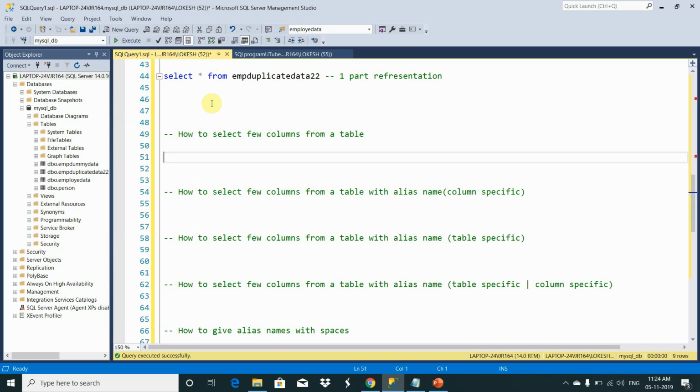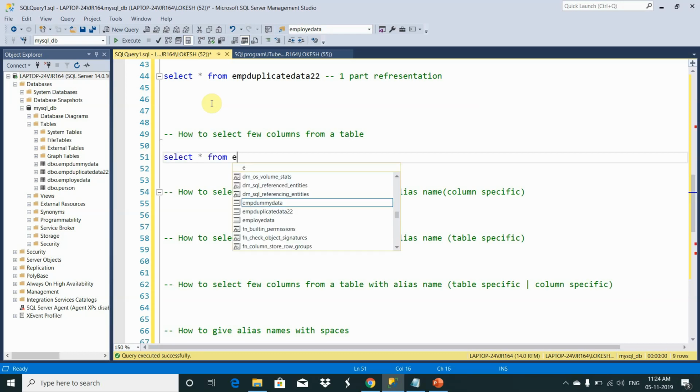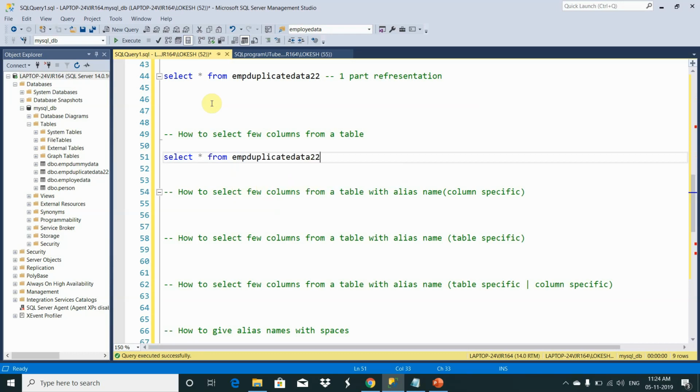Let's see how to select a few columns from your table. So what you need to do is select star from the table name, which is employee duplicate data. Now I don't know how many columns are in my table, so in order to get a few columns, you first need to write star, because it will show you the columns present in your table, which are serial number, employee ID, S name and salary. Now what I will do, I will just